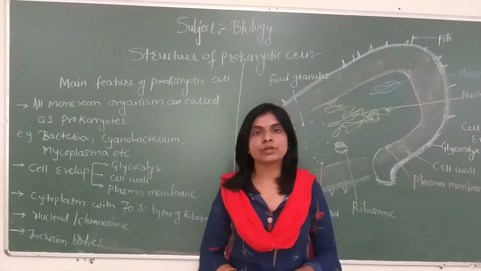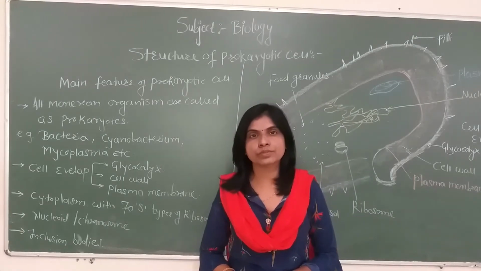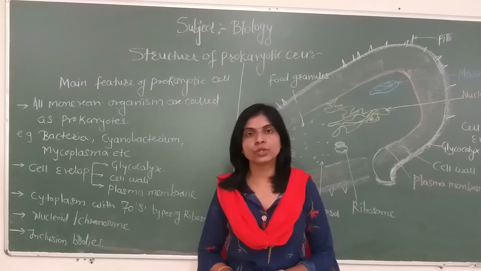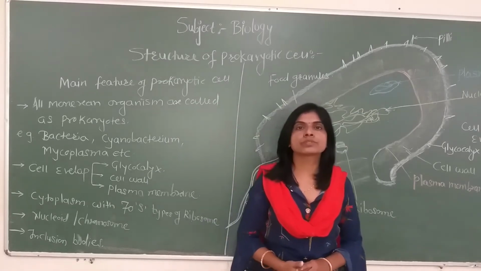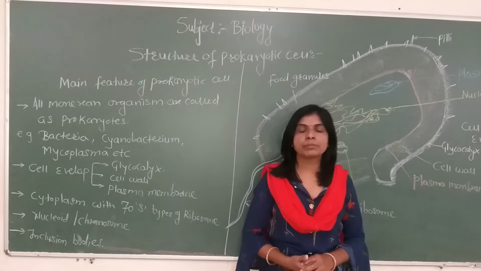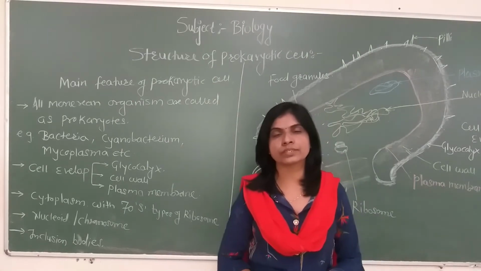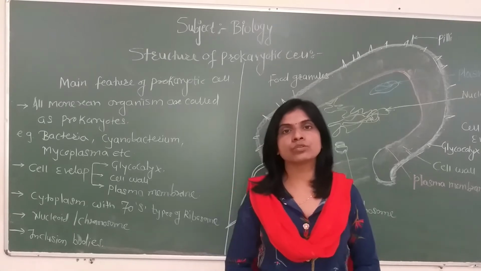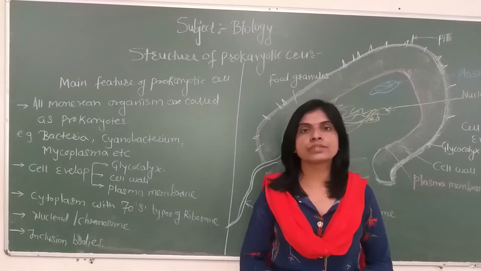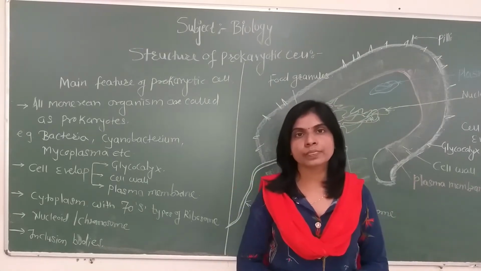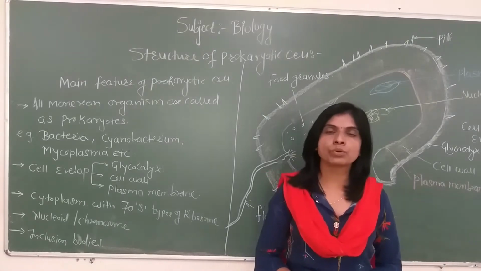In this concept, we have to study the kinds or types of cell and their structure. In the universe, there are two types of cells we have discovered. Primitive cells, earlier cells, as we already discussed, are called prokaryotic cells. And the advanced cells, those found in unicellular protists as well as multicellular organisms, are called eukaryotic cells. Now we will start with the prokaryotic cell.